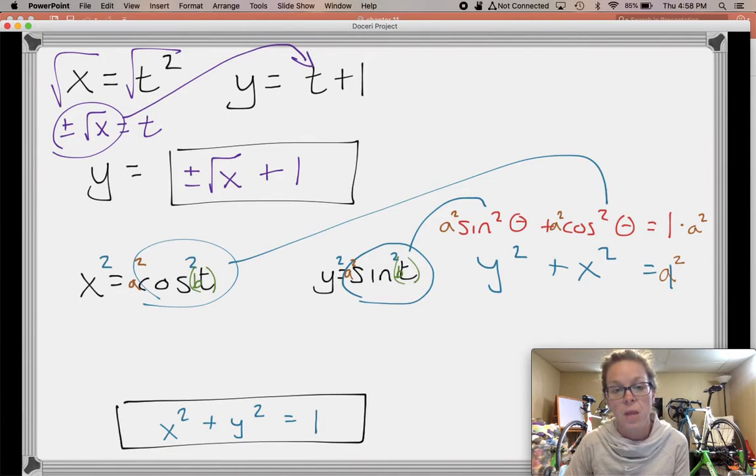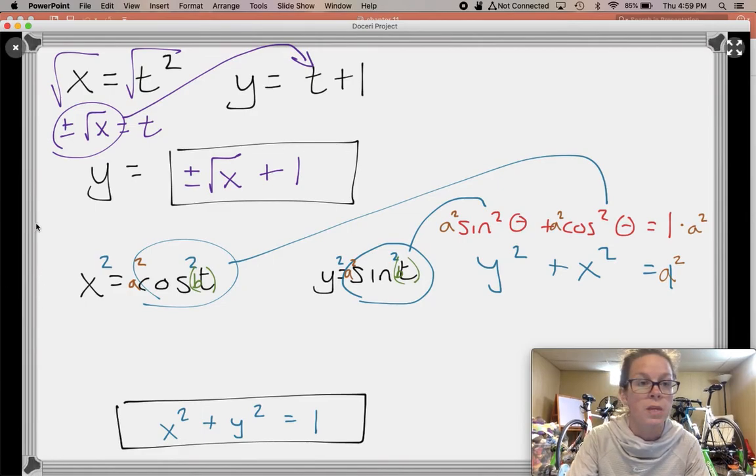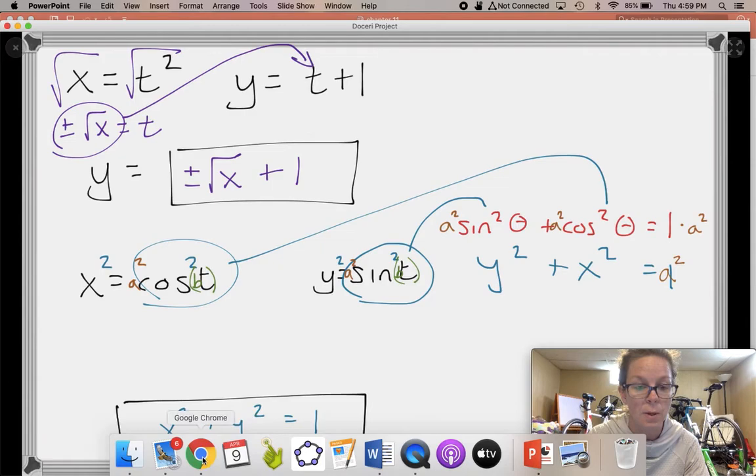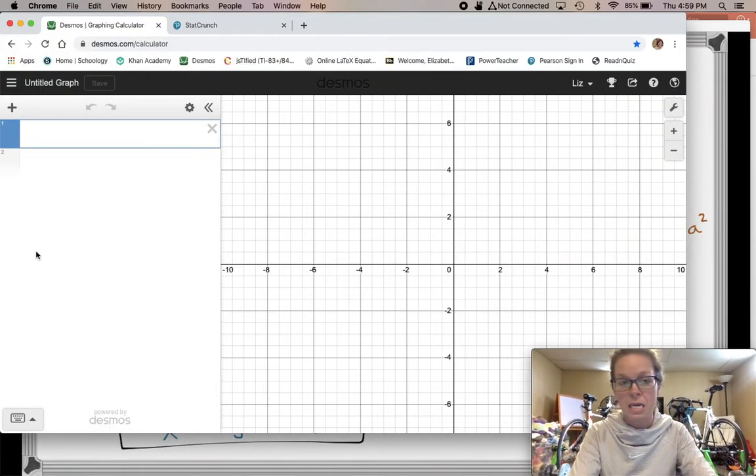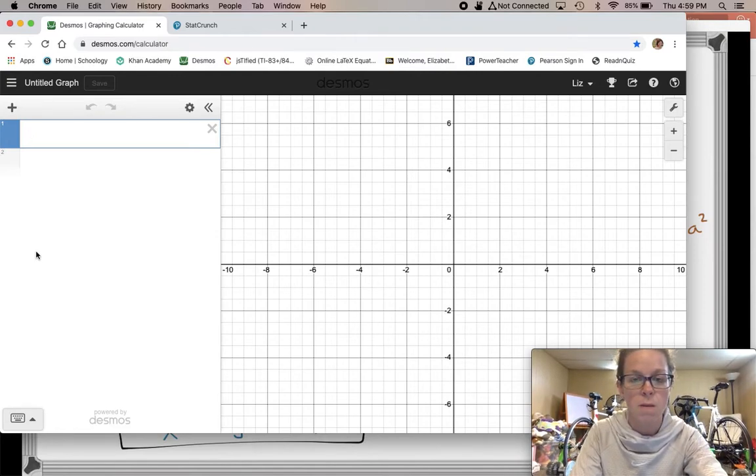And we'll look at how we can graph these in Desmos as well, so that you can see what effect that t value has. Actually, we'll just flip over to Desmos now and look at how to graph these before we go on to our last example. All right, so to graph parametrics in Desmos, I'm going to look at that first example that we did,